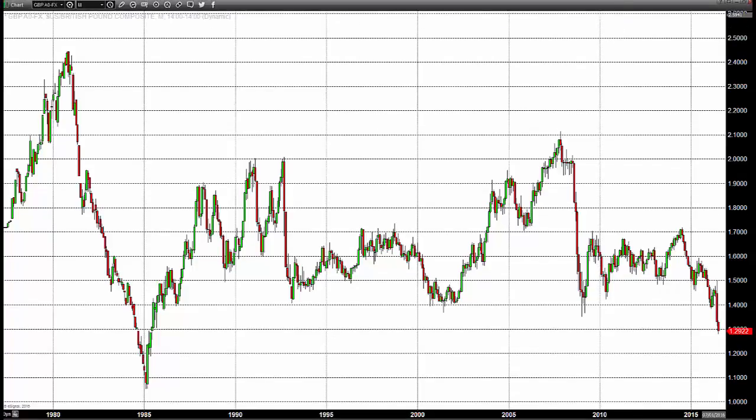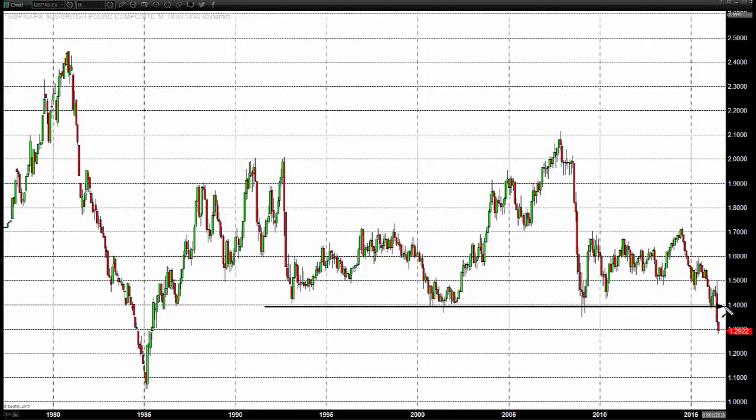I really had to pull up a monthly chart, yes, a monthly chart, to show you the different areas that we're looking at. Of course, you've got tremendous technical areas of support at around 140. And that, of course, was based upon activity that came in just after 2000, about 1993, and maybe 2007, and 2010 here. Since 2007, we have not seen a British pound under any kind of pressure that took it below